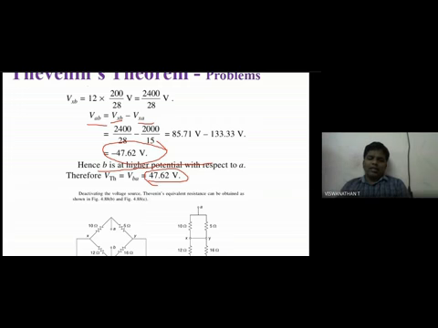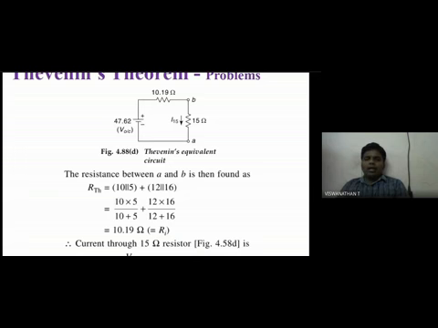Again here, this 10 and 12 are in parallel, 5 and 16 are in parallel, but these combinations are connected in series with A and B. So again, I am saying, you may find some difficulty in series and parallel. Later you go through the circuit, you can get the idea. So I can easily calculate the same thing. Then I'm getting the current as 18.1.